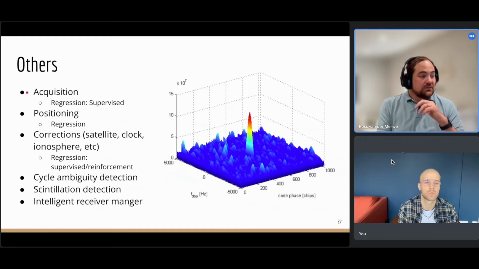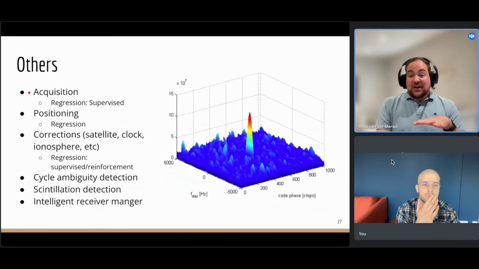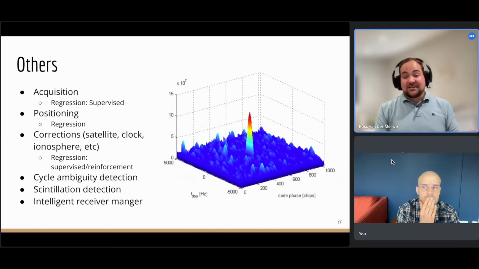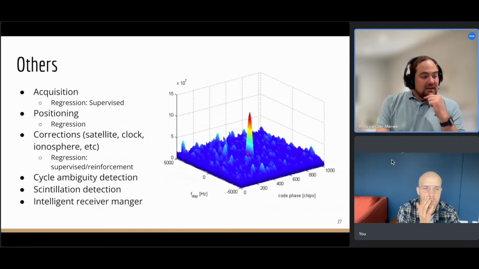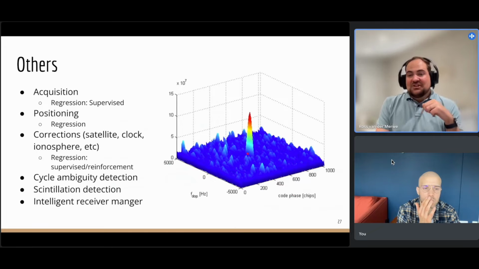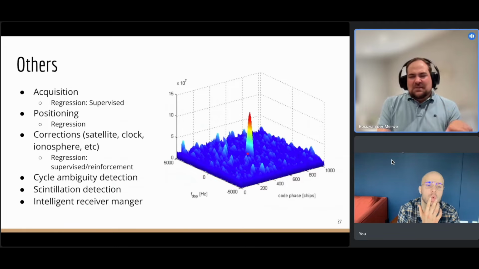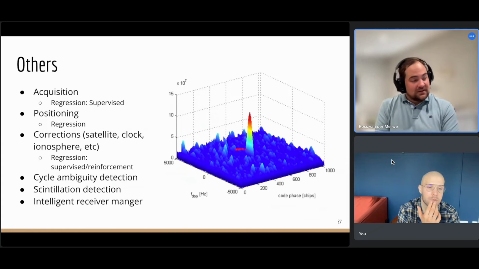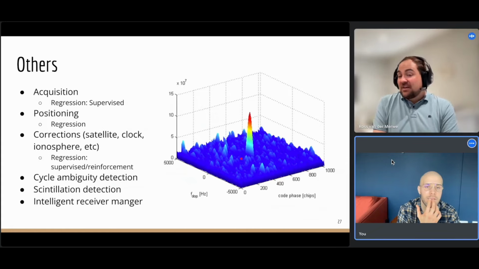One of these is, for example, I've seen a paper where people were trying to replace the entire acquisition block with machine learning. So basically just throw in IQ data, and what acquisition does, it does this massive correlation, and you'll have a single peak coming out at the correct frequency offset and your time offset. So this is the code phase I was speaking about earlier. And their idea was let a machine do it for you and see how it goes. I'm very skeptic about this because you do have good traditional approaches that do this very efficiently, absolutely. But they had results.